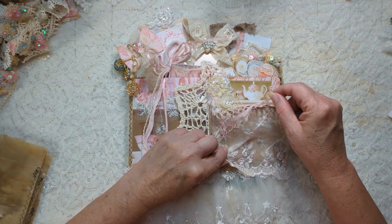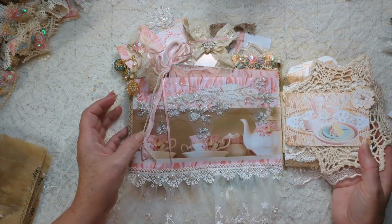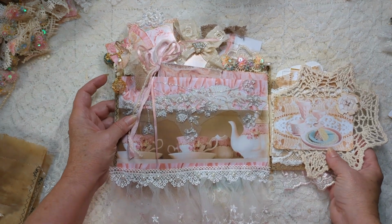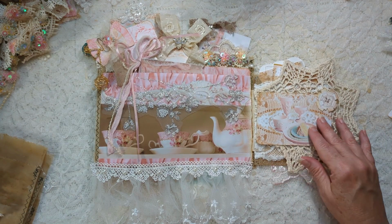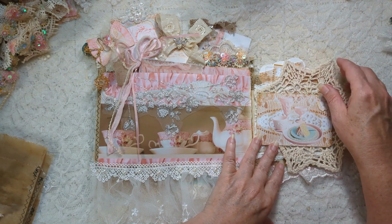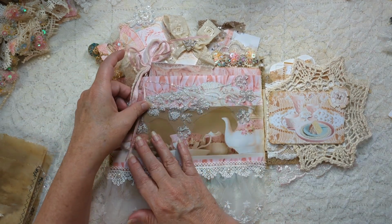I've layered laces and trims. Here's the bag, and it flips out. Let me make sure I'm on screen. Yeah, okay. I am. More of the images. Got a doily here, more lace. And then we have a gorgeous, I just love